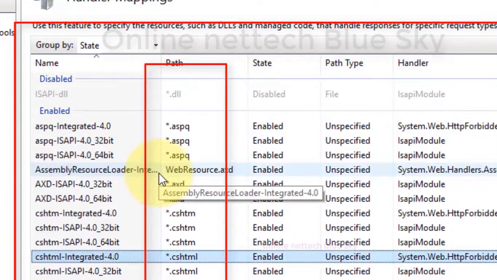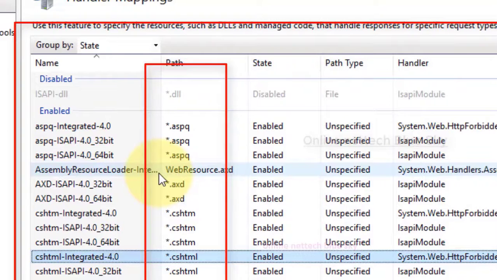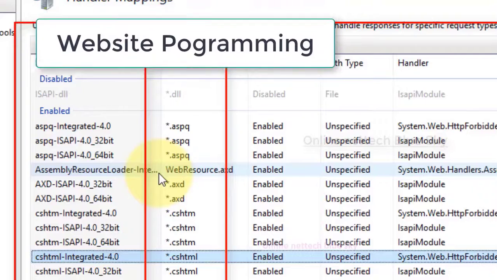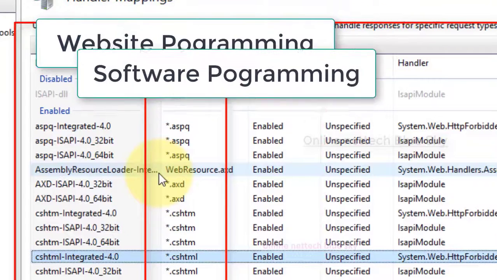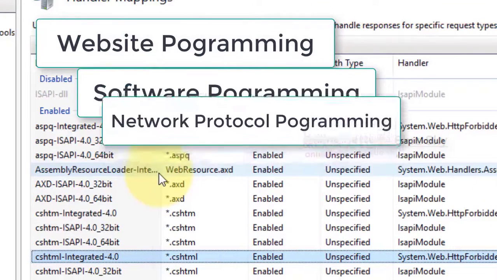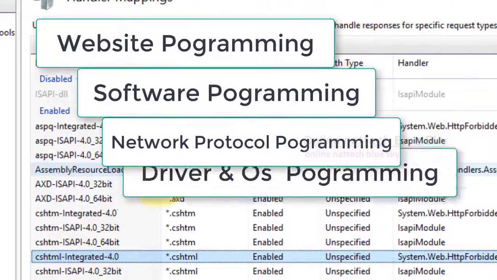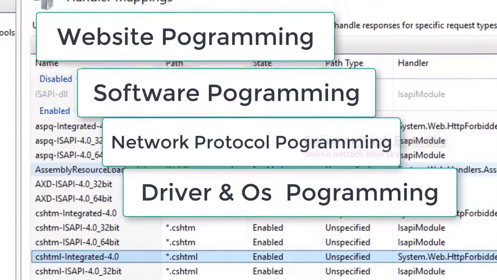So this is very important, sometimes, because you have specified files. This is very important, using the system grouped by size, showing here. This is very helpful for website programming, software programming, network protocol programming, and drive and OS programming.